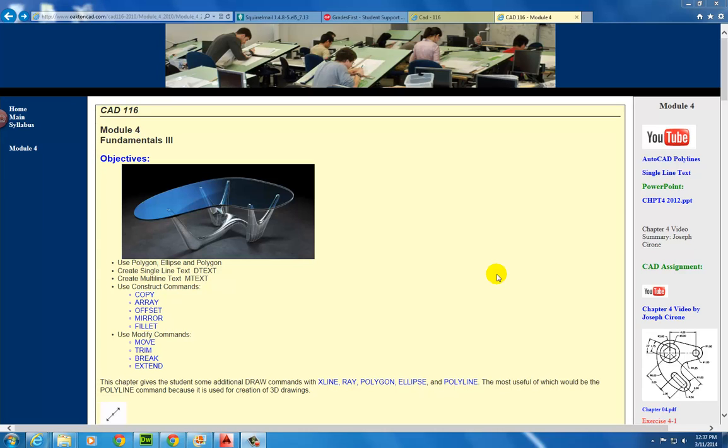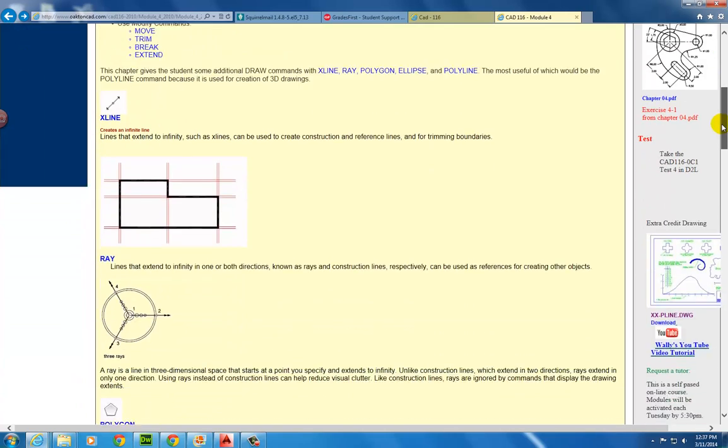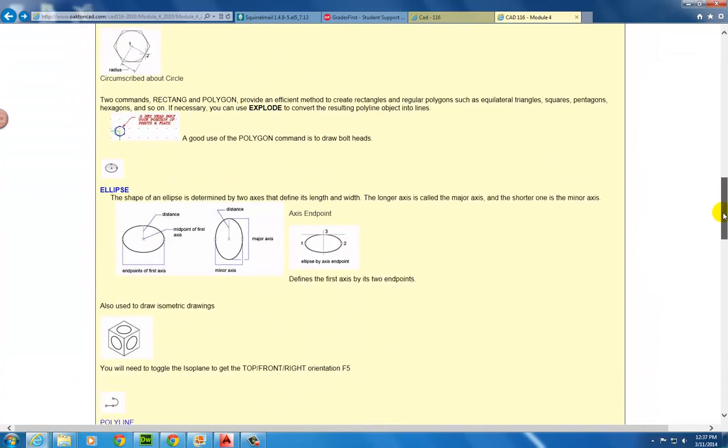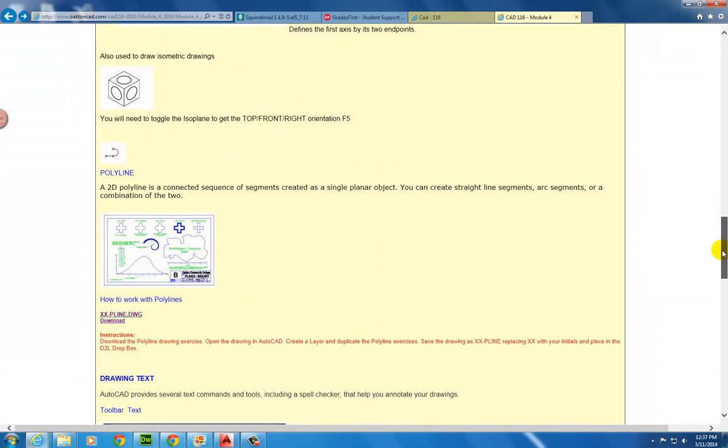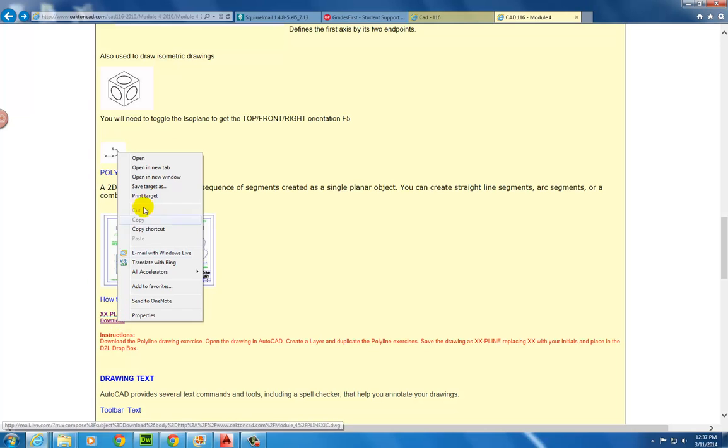Module 4. Hi, I'm Joe Cerrone, and today we're going to work on our basic AutoCAD online course for Module 4. Module 4 deals with a number of things, but specifically what I'm going to talk about today is the exercise on polylines. The polyline drawing located in Module 4 can be downloaded by right-clicking on this link and selecting Save